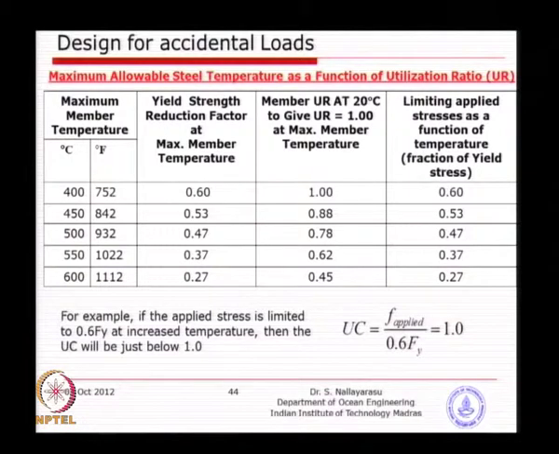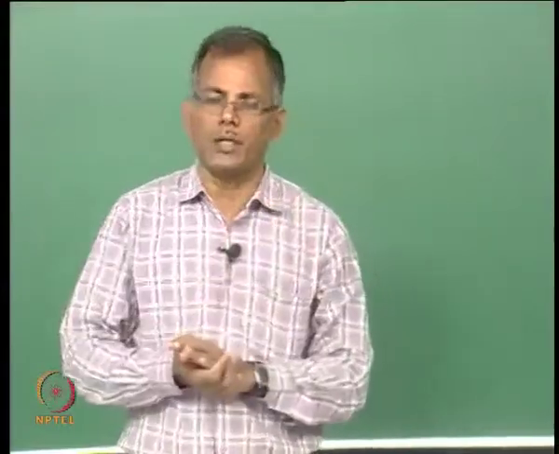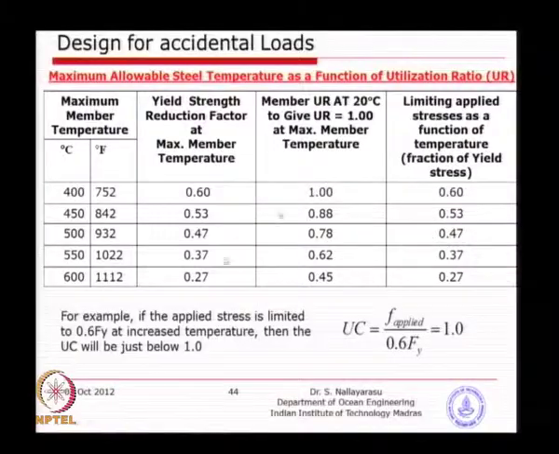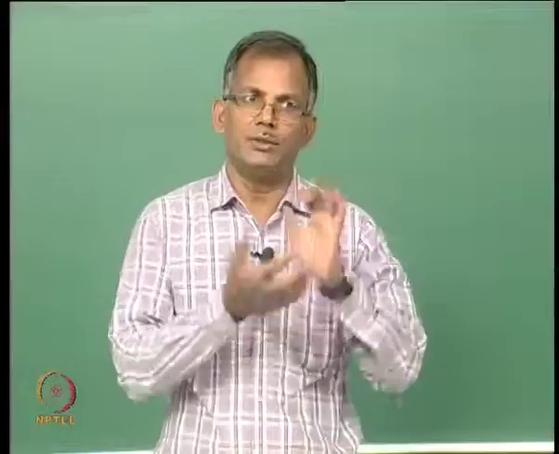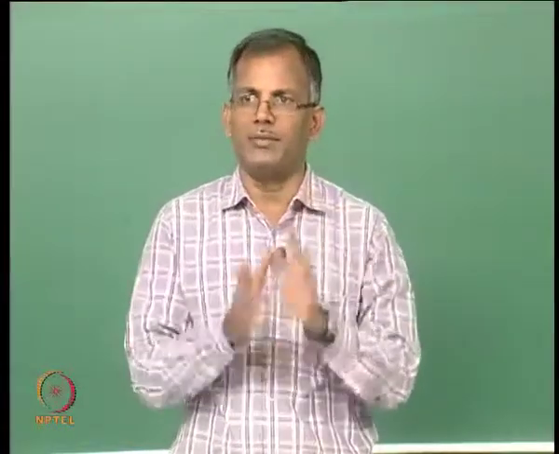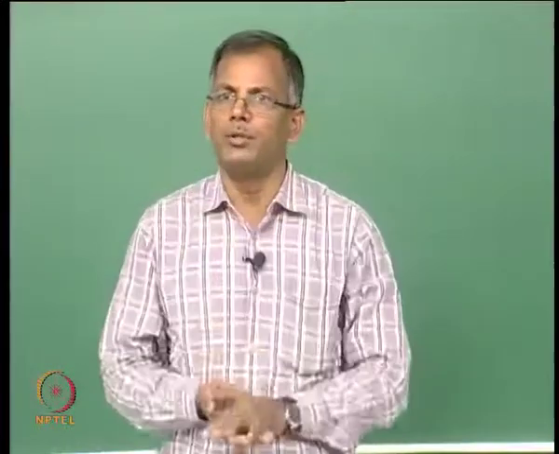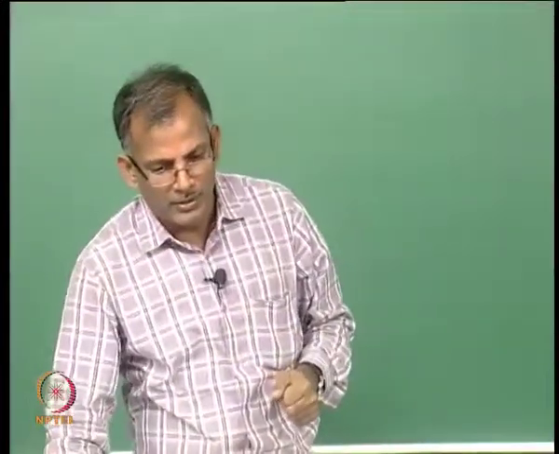So, how do we approach the design problem? Basically we want to keep the stresses under control. If you look at the second column, the unity check ratio, I think most of you are familiar with unity check ratio. What we were looking at is the applied stress divided by allowable stress. Applied stress does not depend on the temperature, it is basically the loads and the geometry. Allowable stress depends on the allowable stress factor, which is just a percentage of yield, and the yield strength itself is going to reduce by a certain percentage, which you see from column number 1.